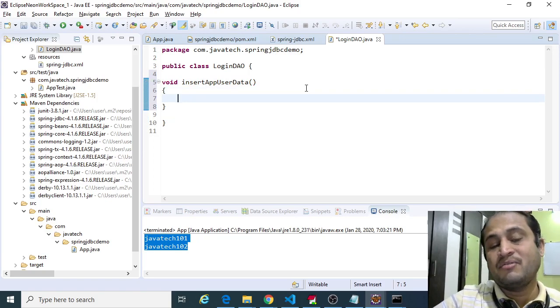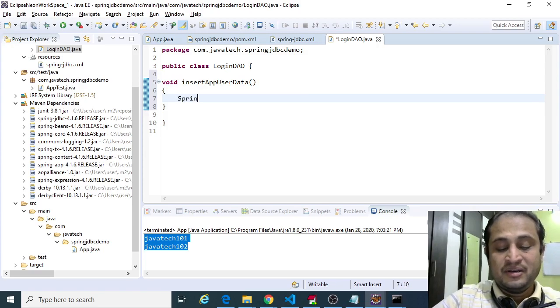This DAO method will connect to the database and insert into the database. I will ask Spring to provide the JDBC